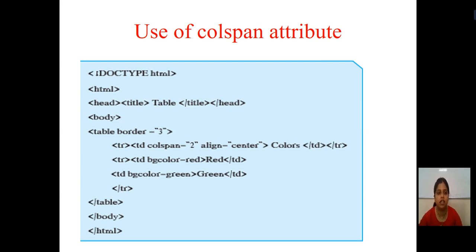So students, over here again you can see the first statement is again exclamation mark DOCTYPE html. What is the use of this statement? It defines that you are using the document type HTML. The first tag which is used for writing any HTML program is the html tag. So here the html tag is written.